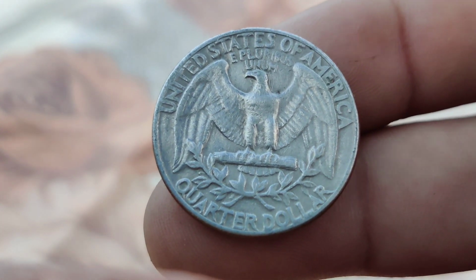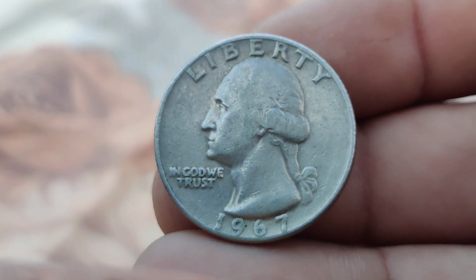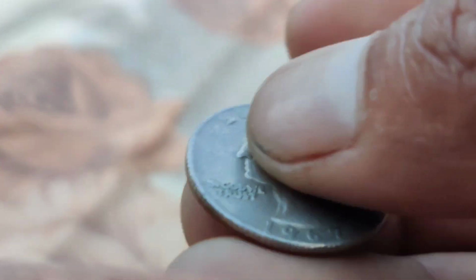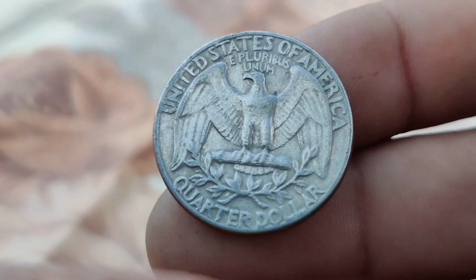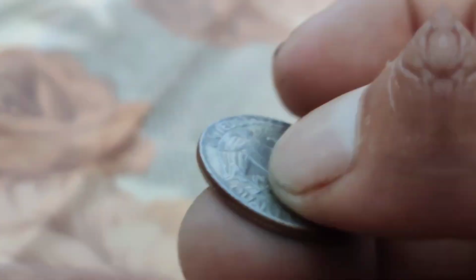For example, if your coin exhibits strong, original luster or has been well preserved in an uncirculated condition, it could attract higher offers. It's also worth noting that coins from this era with unique minting errors like doubled dies, off-center strikes, or other anomalies can significantly increase in value. These rare error coins are highly sought after and can command prices far beyond the standard range, sometimes reaching into the millions of dollars. Store properly, keep your coin in a protective holder or a coin album to prevent scratches